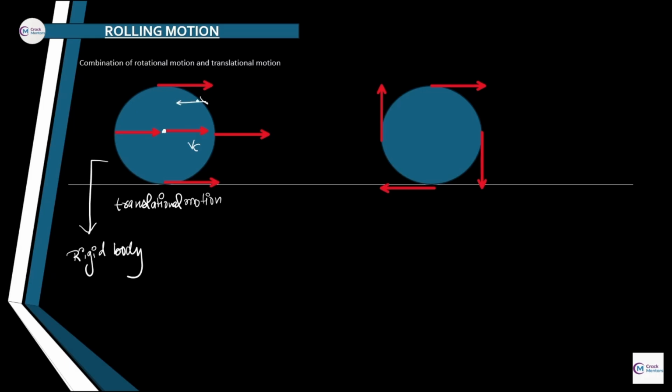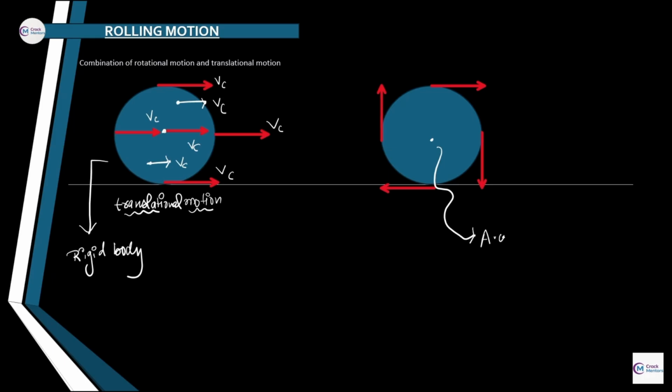Then any kind of rigid body must possess the same velocity at all points as vc. I am trying to explain that if a rigid body is moving with some velocity vc, and vc is the velocity of the center of mass, then each and every particle present on this body must have the same velocity vc, as I have written above here.